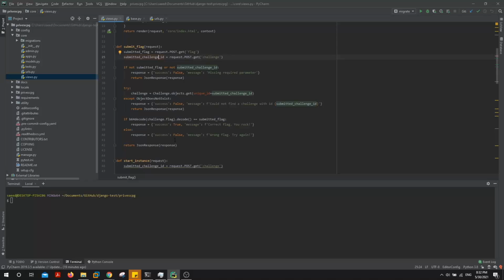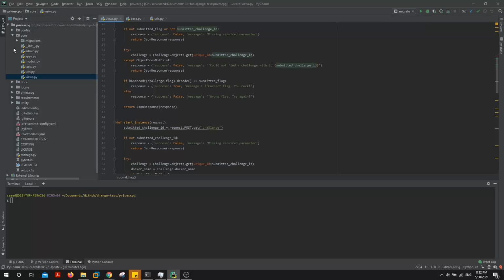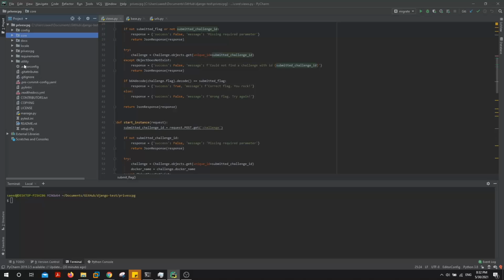Obviously, it is more complicated than this, but for time's sake, I will move to actually showing the web application itself. If I want to show this web application now, I can just use Django itself to run a web server for me. This is obviously not how it's going to be done in production when it is packaged inside a VM. But for demo's sake, I will just run Python manage run server,